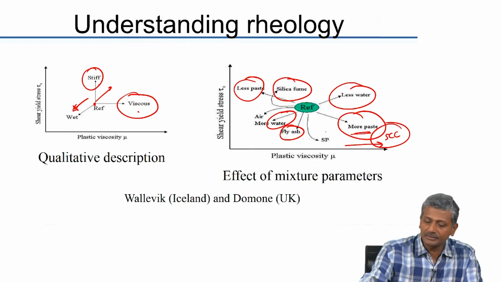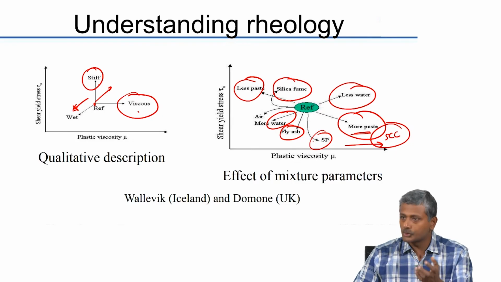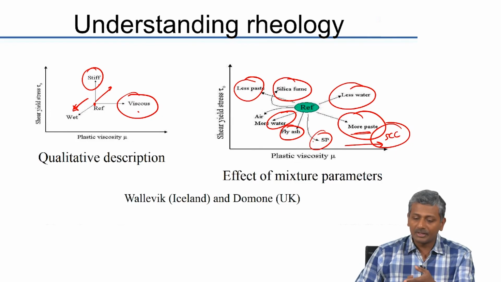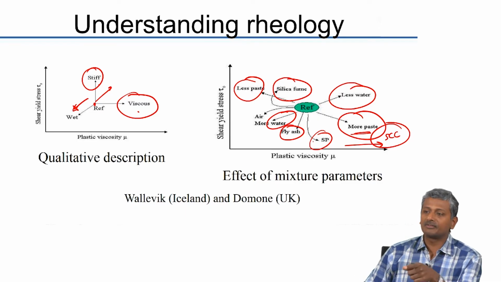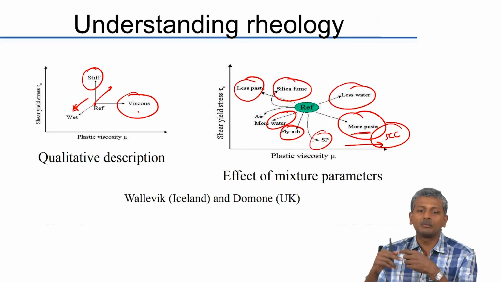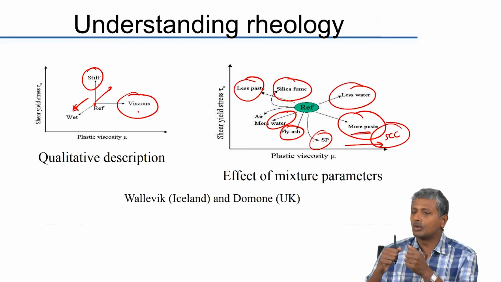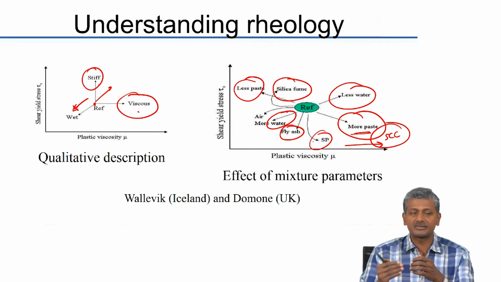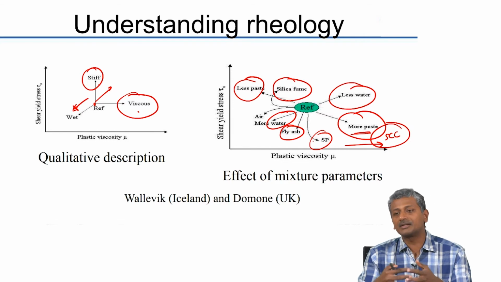With superplasticizer, the primary effect is that you reduce the yield stress. Of course, you also will reduce the viscosity, but if you have a very high dosage of superplasticizer, you might see some negative effect of that also in terms of your mix getting a little bit more cohesive and sticky, difficult to operate, and this happens at very low water cement ratio. If you increase the superplasticizer dosage beyond a certain amount, the mix starts getting sticky and you may start getting increases